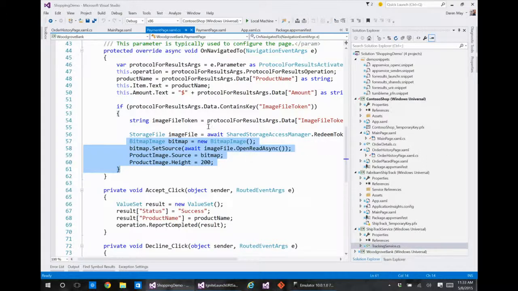Now, the reason for a deferral is the deferral persists across this return boundary. In your suspension event, if your suspension event handler returns, then the environment by default would go, oh, you're done, I can stop you, and I can terminate you at will. If you have a deferral open, it'll go, oh, I'm not going to shut you down yet. You said you've still got something you need to do.